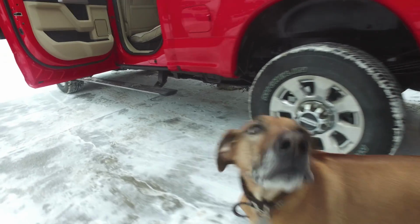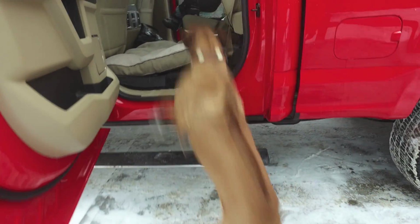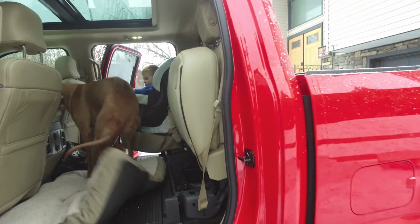Another thing I don't like about these running boards, by the way, is the fact that they don't run all the way back behind the cab to the back of the box, because if you want to grab something from the back of the vehicle, it's nice to have those extend just a little bit further so that you can actually access things in such a tall